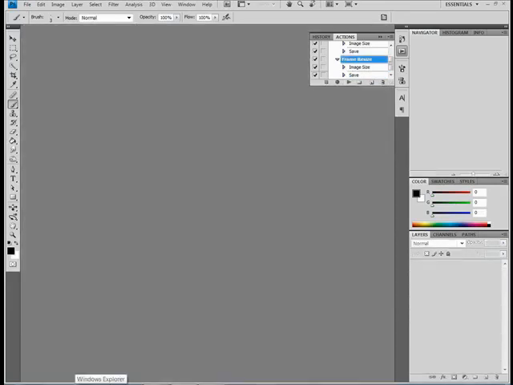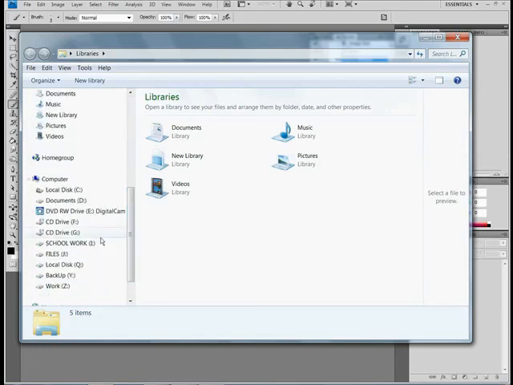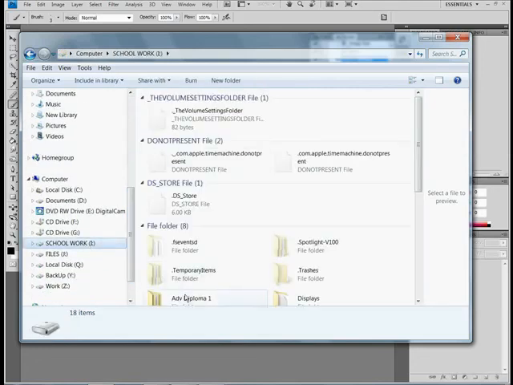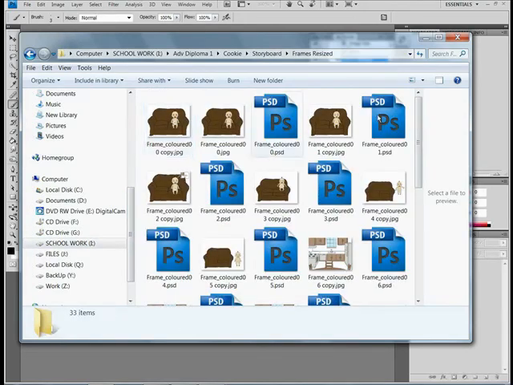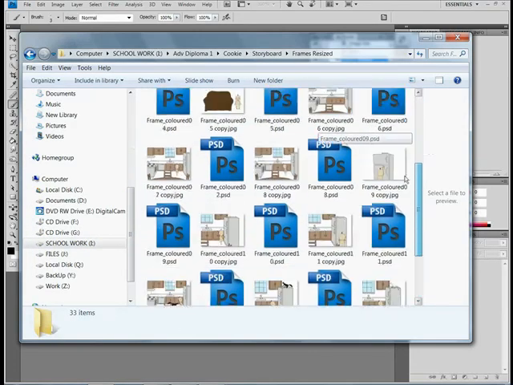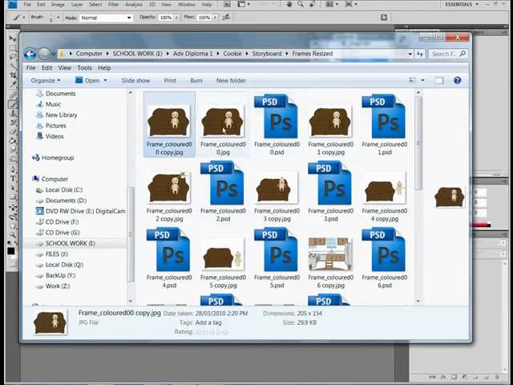Okay, now I'll just go and have a look at that folder where I've saved all these resized frames through the batch process in Frames Resized, and as you can see, it's saved all of the frames, resized them, but it's also saved over the Photoshop files as well, and it's also redone the first frame which we did earlier when we made the action. So we can delete that first frame,